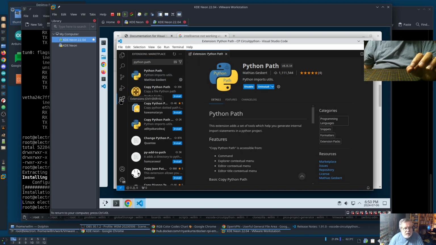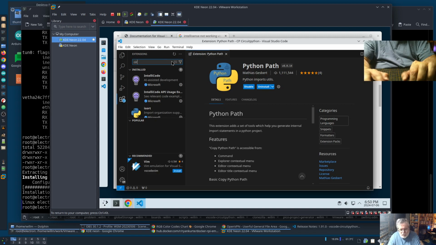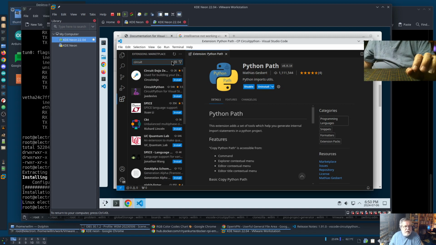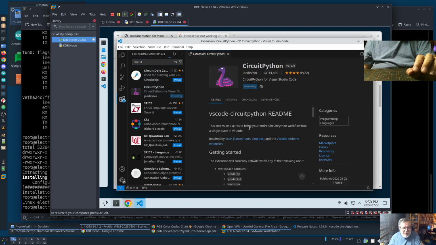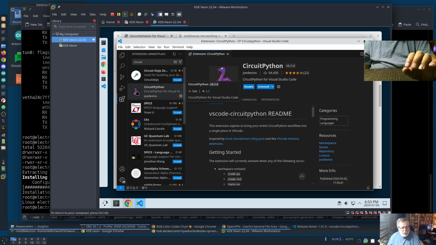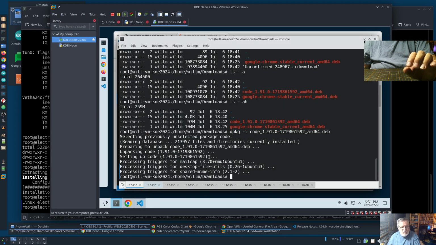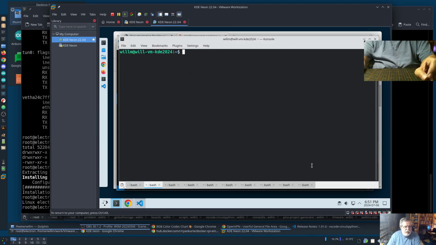Okay. And then we want CircuitPython itself. Okay. Now, since this is a completely minty fresh thing, it might not work properly on the first pass because of that missing file. So if we go here and we say .vscode